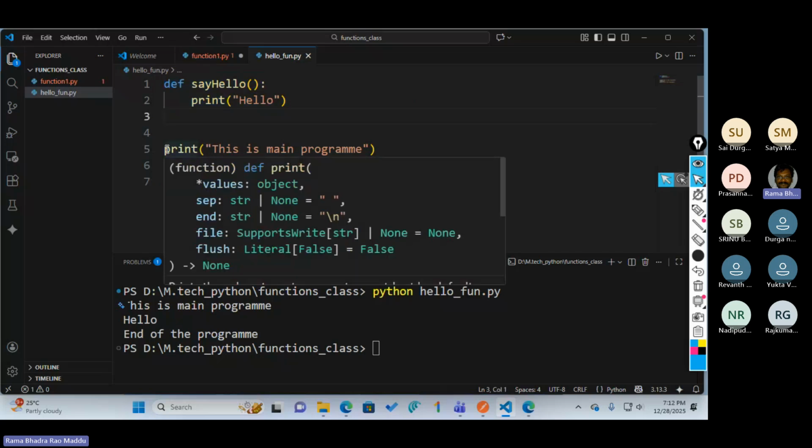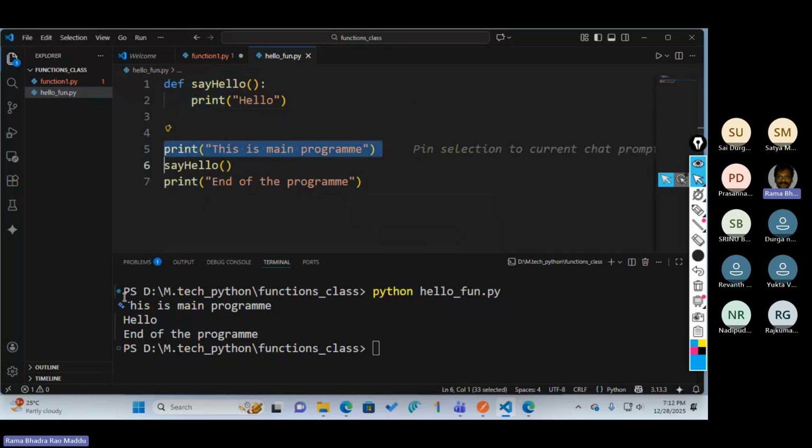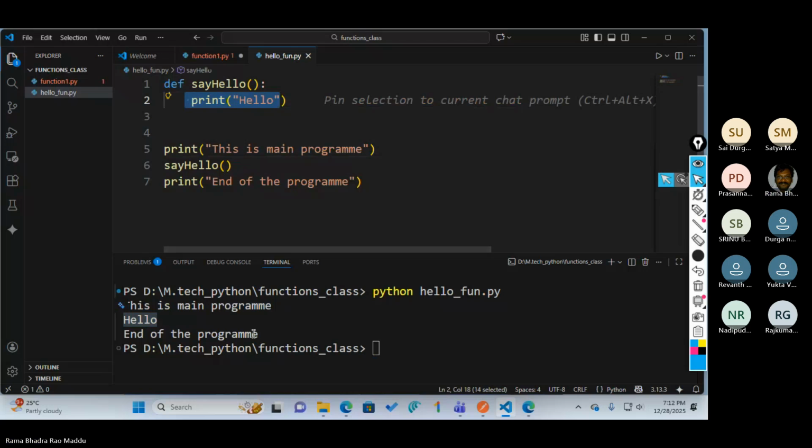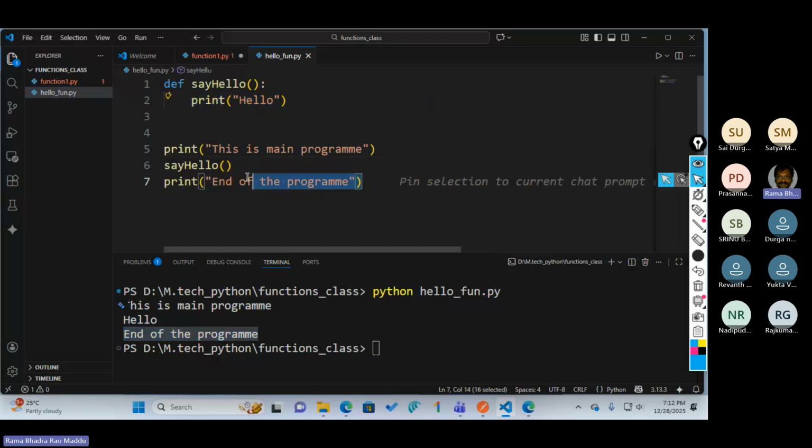So first it started execution from the print statement. This is the main program and say_hello. It printed something and end of the program.